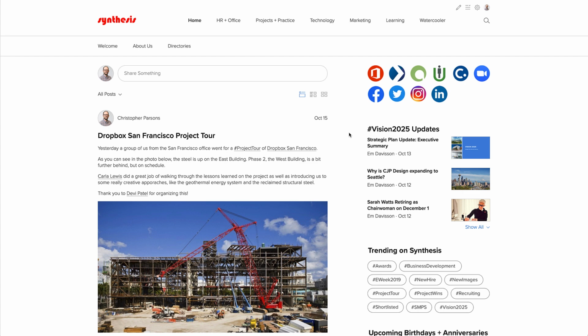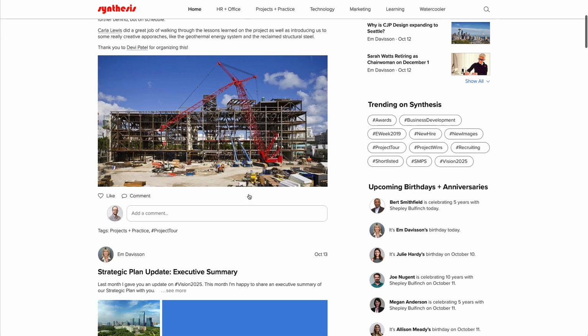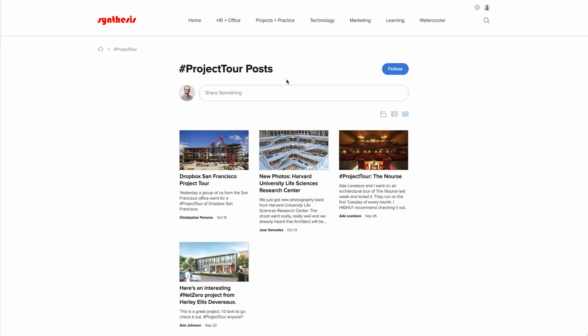If I click on a hashtag anywhere in Synthesis, including the post body, tags footer, or hashtag block, I'm taken to an automatically generated hashtag page, where I see all of the posts for that hashtag. I can also write new posts using the hashtag on this page, as well as follow the hashtag